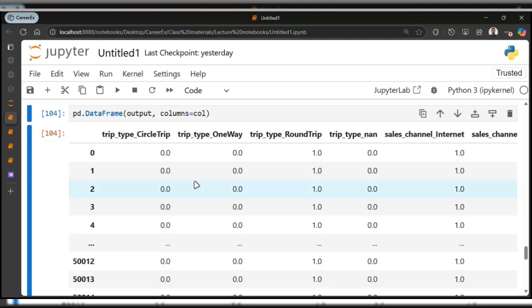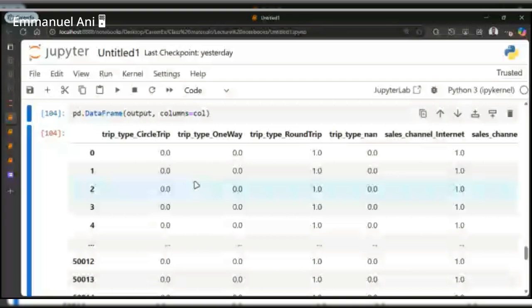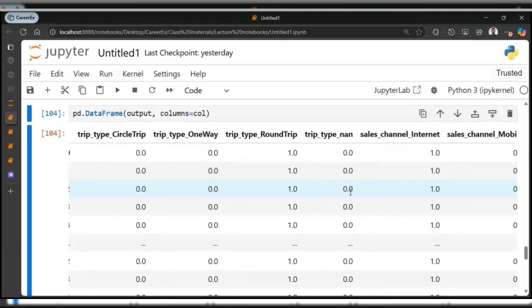So let's say you have 10 categories in trip type and you have 15 categories in sales channel. If you do perform one hot encoding on them, you're going to have 25 new features or 25 new columns, basically. All right. So that is why, by default, OneHotEncoder stores the output as a sparse output, making it efficient.